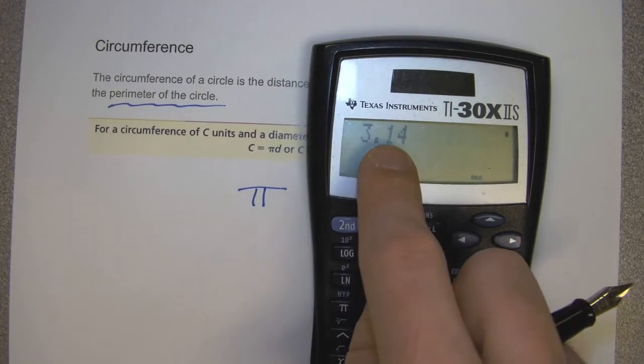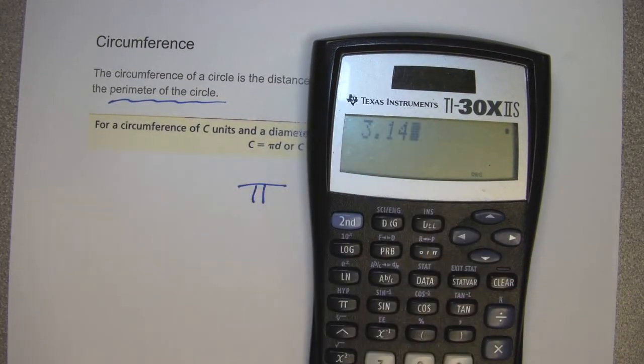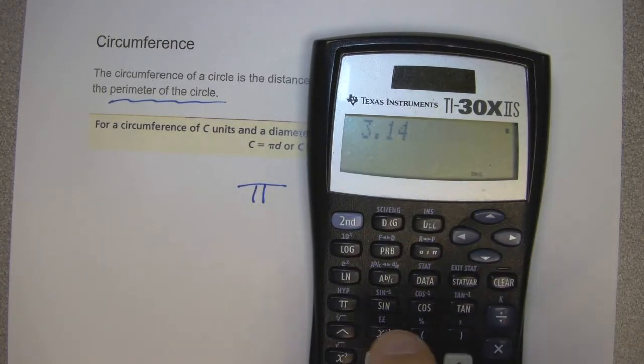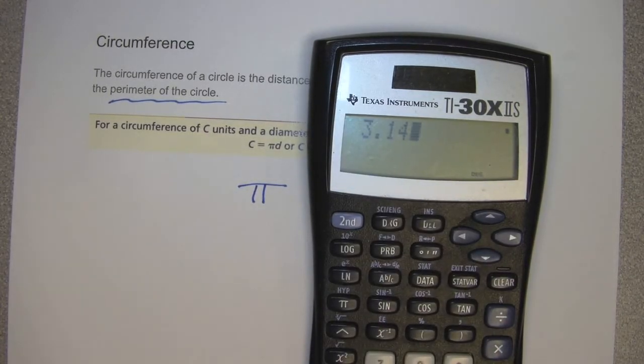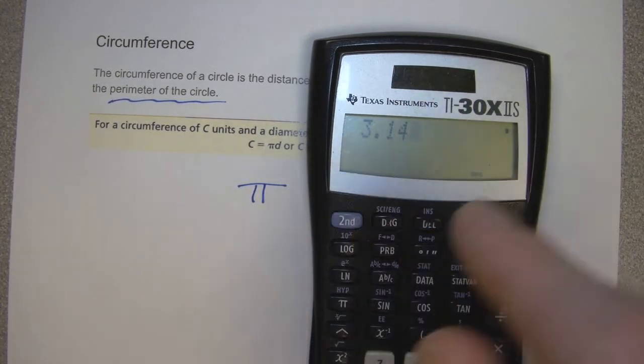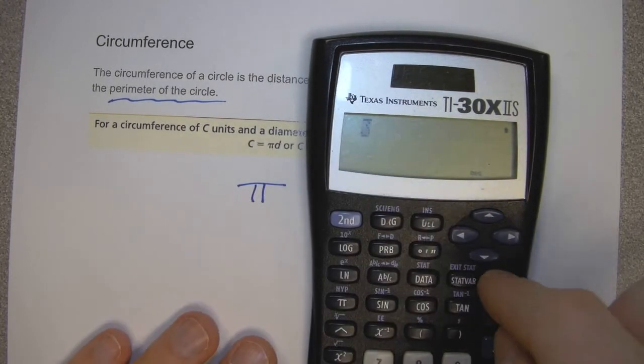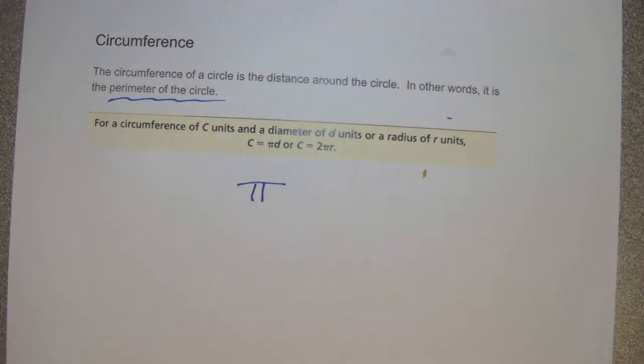So again, pay attention. What version of pi is being asked for? If nothing's told to you, then you can use that pi button. That way you just have to push one button and you're a little bit more precise. If you are specified what to use, whether it's 3.14 or some other variant, then make certain that that's what you use. Otherwise, the answers that you get are off, and I'd hate for you to be wrong about something as silly